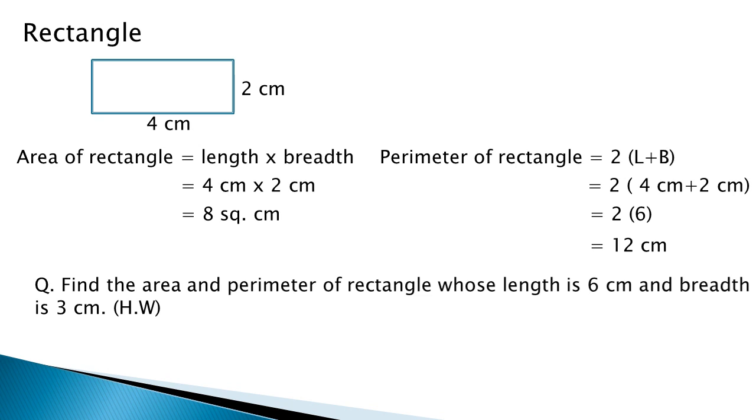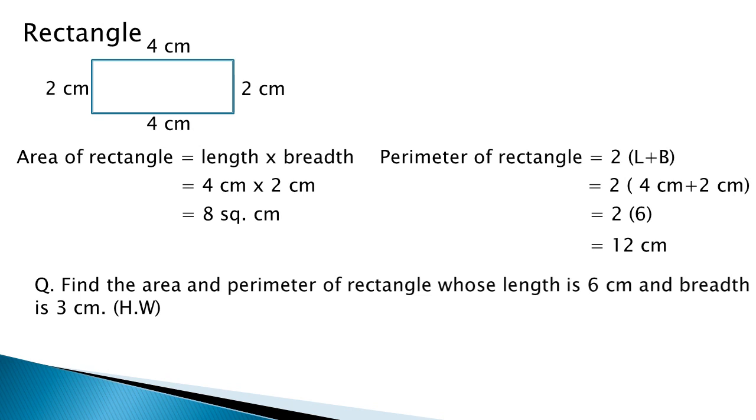See here, children, the opposite side of 2 centimeter is 2 centimeter and the opposite side of 4 centimeter is 4 centimeter. If you add all these numbers, that is 4 plus 4 and 2 plus 2, 4 plus 2 plus 4 plus 2, you will get the answer, that is the perimeter of the rectangle. But it is not a convenient method, or you may make a mistake. This is a small rectangle, but if the rectangle is very large and the measurements are in meters or kilometers, then it becomes difficult to add all these numbers.